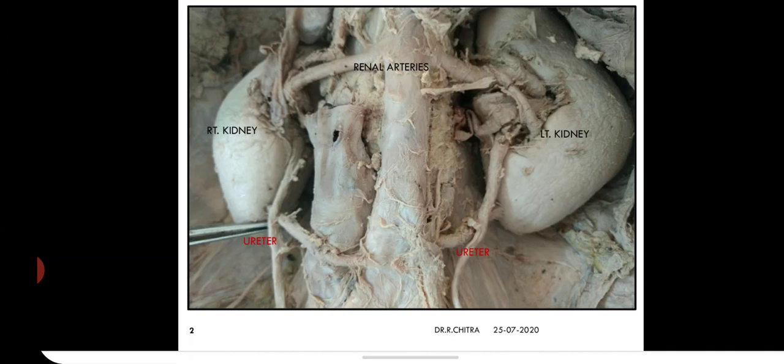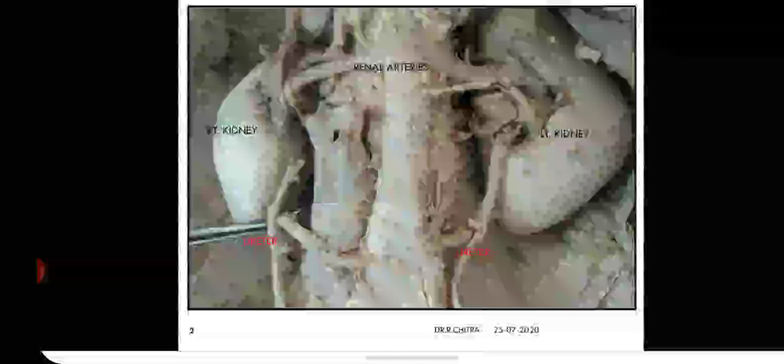And you can also see the renal arteries. They are the arteries which carry the blood to the kidneys. When you observe these kidneys, they are a pair of bean-shaped organs. It's about 4 to 5 inches long, situated on either side of our vertebral column, just below the diaphragm. So if you observe this picture, you can see this right kidney is slightly at a lower level than the left kidney. That is normal because the liver lies on the right side. So that is why the right kidney is slightly at a lower level than the left side.